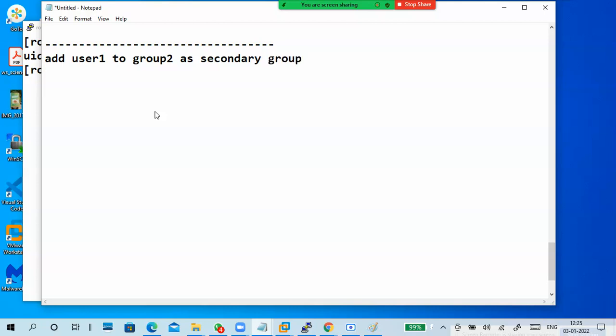So what we are doing is modifying an existing user. What is the command? usermod. Usermod modifies which user? User1. But what do we have to do?